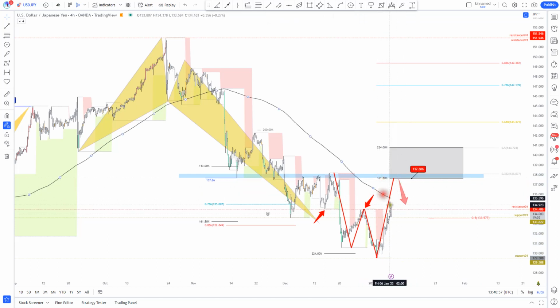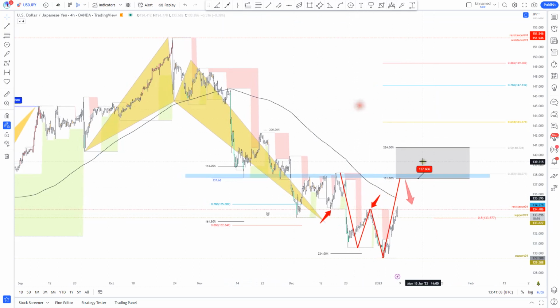That will force the price to position a few points above the 200 moving average, approaching from above, which now points to 135.59. So this is the first price zone that I will pay attention to on dollar versus the yen